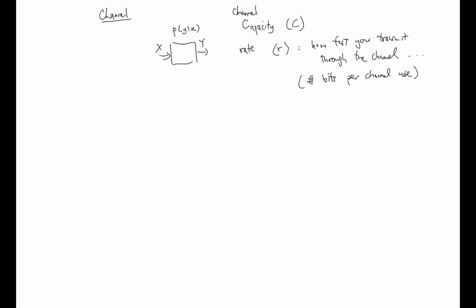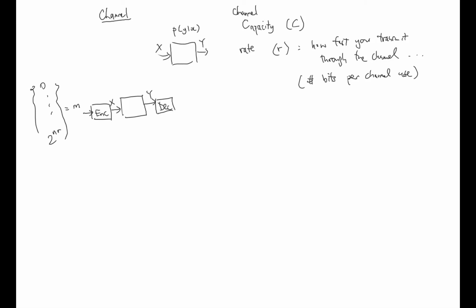For example, let's say I have this channel here, X and Y. Now I'm going to have an encoder here, and then a decoder, and there's a message, M. For simplicity, this message can just be a number from 0 to 2 to the nR. You see why I want to use 2 to the nR: there are so many numbers here, and I can pick any of them and transmit.